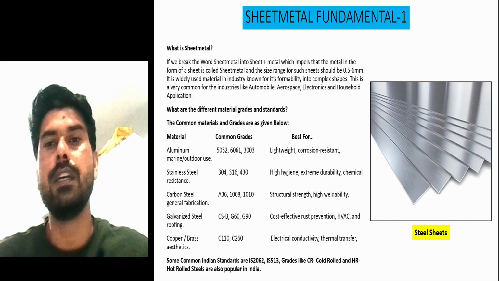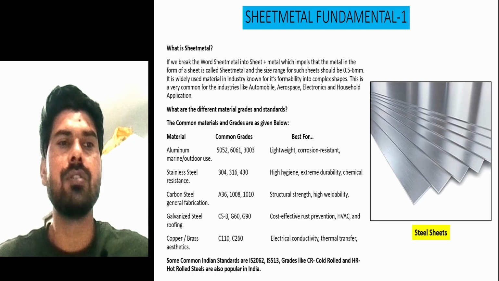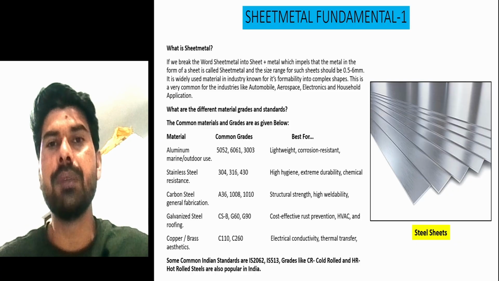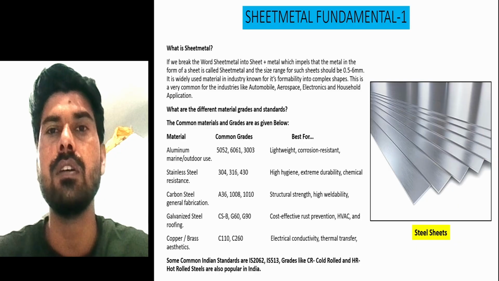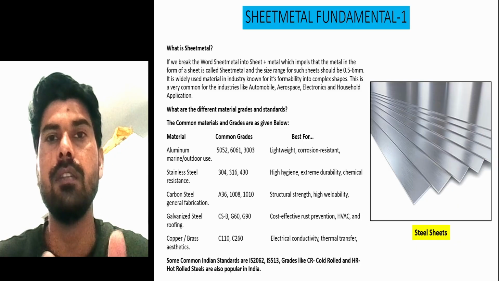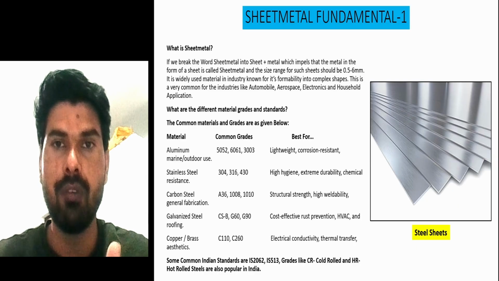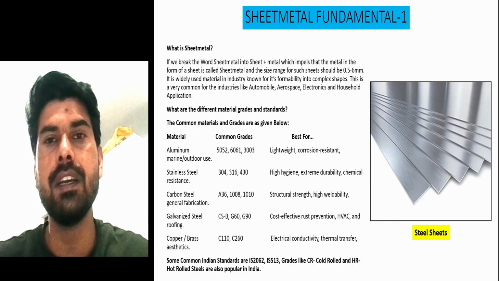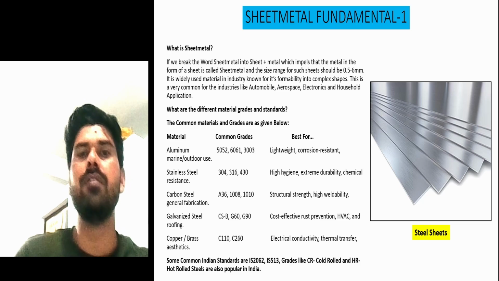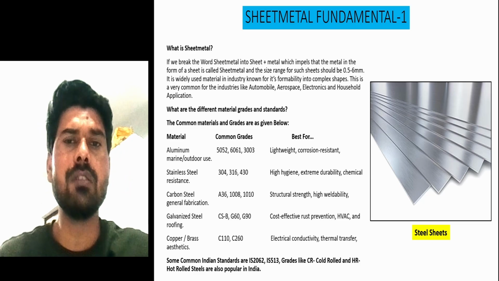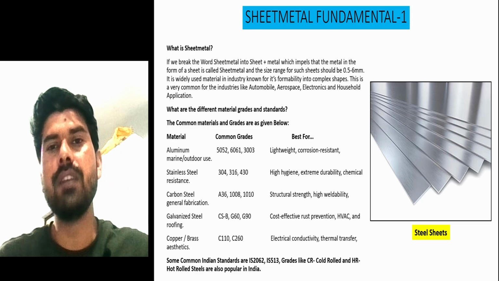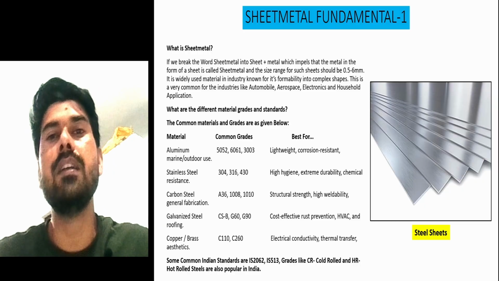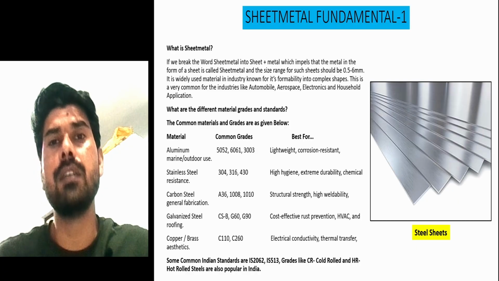Let's start. And the first question that may come in one's mind is, what is sheet metal? We can break sheet metal into two words, which is sheet and metal. That means metal in the form of sheets is called sheet metal. And it is given an engineering specification, and that engineering specification is the thickness. If the thickness of that sheet varies from 0.5 to 6 millimeters, then this comes under the sheet